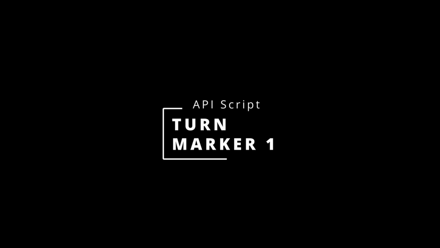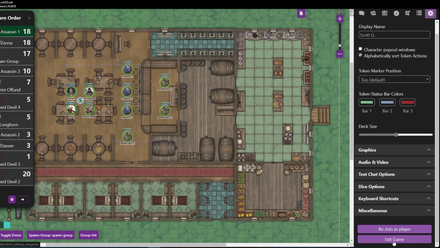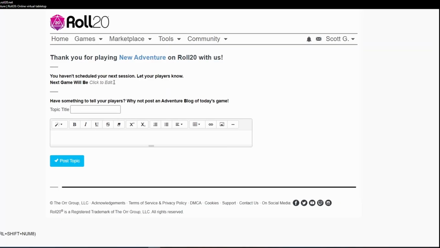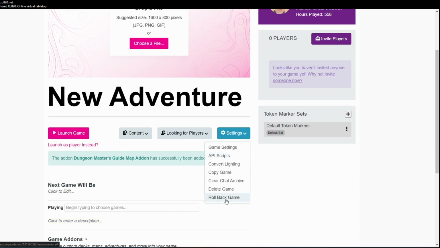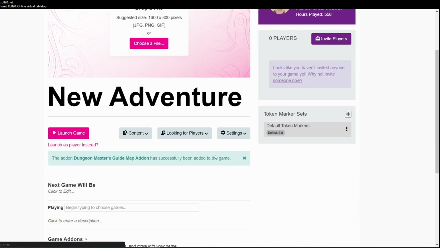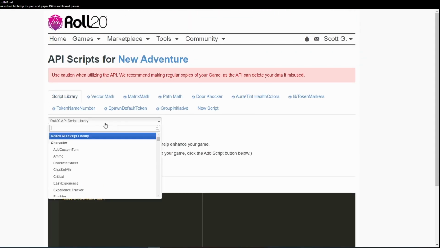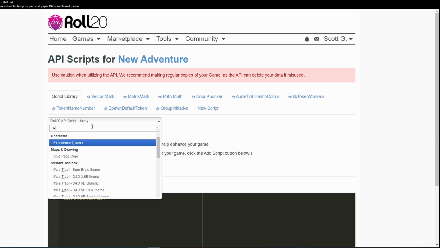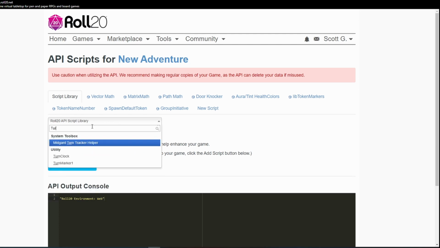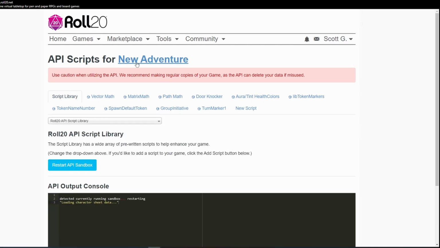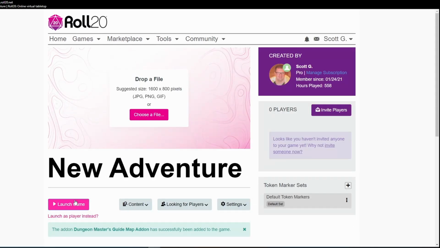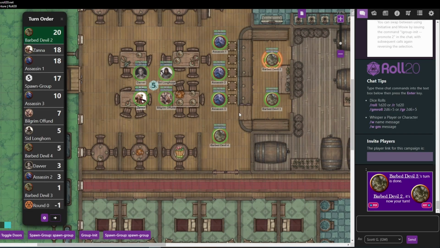The next script to show you is called turn marker, and this puts a little icon on the timeline underneath all your characters to show you exactly whose turn it is. So we're going to the settings, API scripts, and it's turn marker 1. You select turn marker 1, add script. Launch the game,